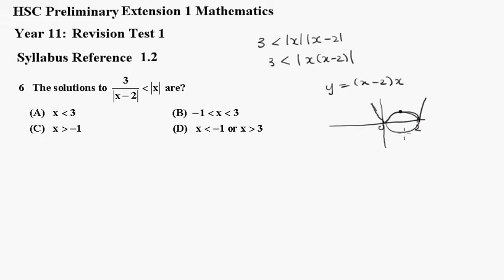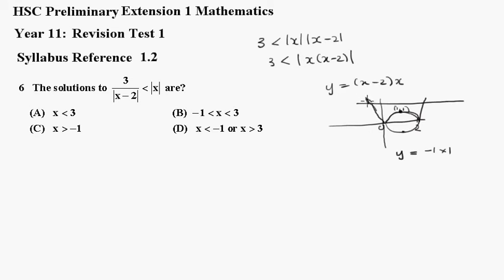So when x equals 1, that'll give you this minimum value down here. And so this will become y equals minus 1 times 1, which is negative 1. But that'll be a positive 1 here. So that's the point 1, 1. Now if we draw the line y equals 3 going through here,